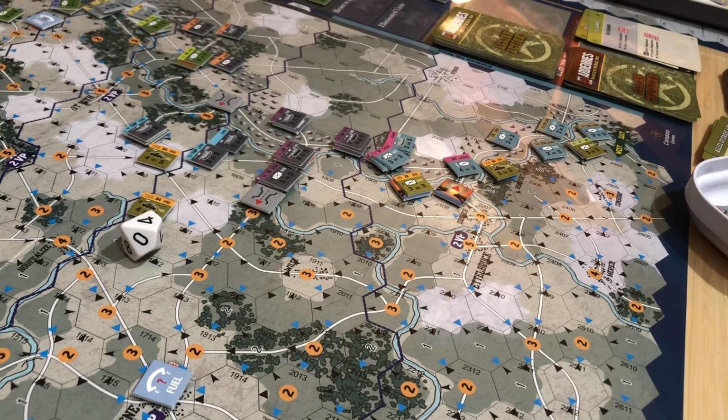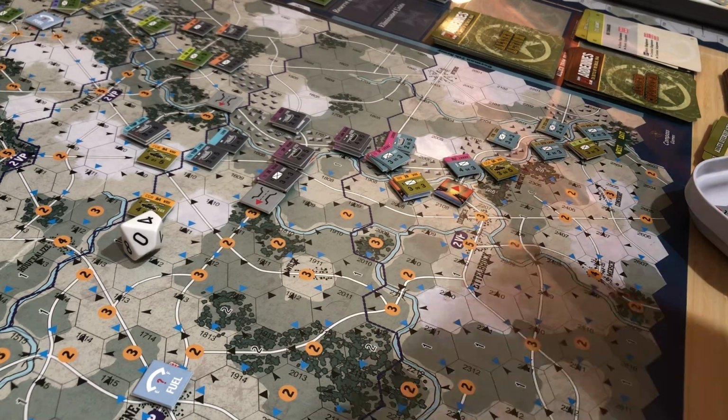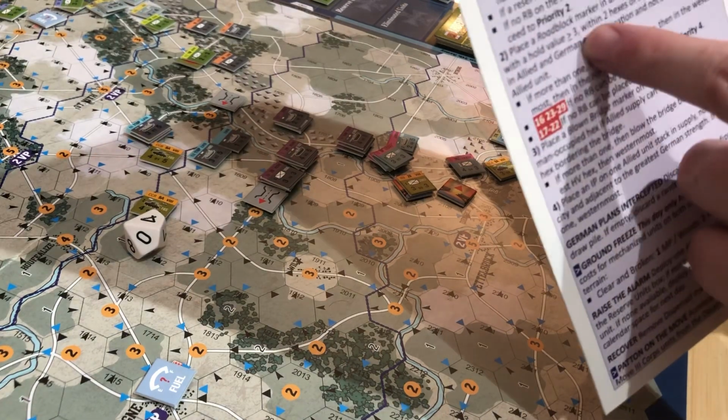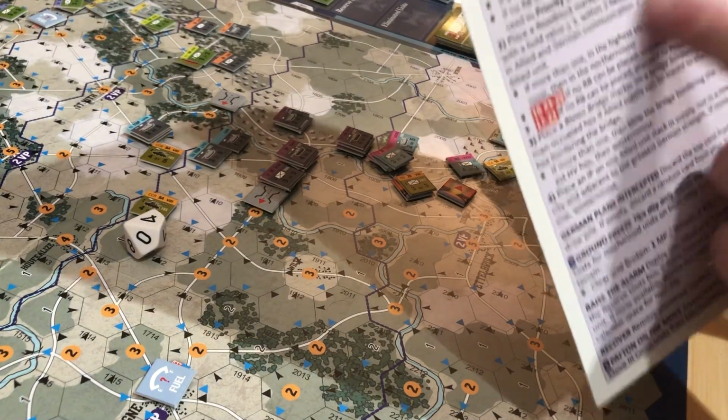Here we go. I was in the wrong section. A roadblock could turn into a reserve unit, but there's no roadblocks on the board. So that's why I was barking up the wrong tree there. Sorry, folks. So now we're doing: place a roadblock marker in an unoccupied road position hex with a hold value